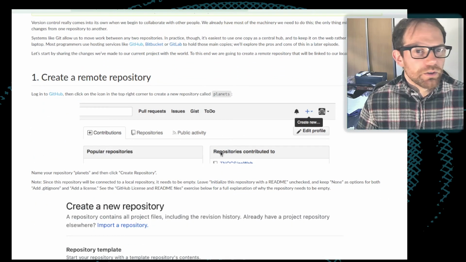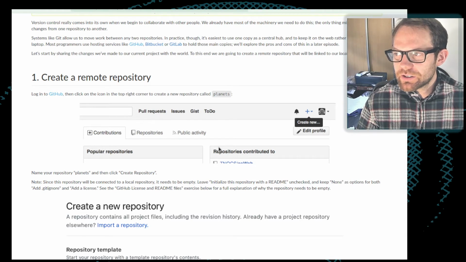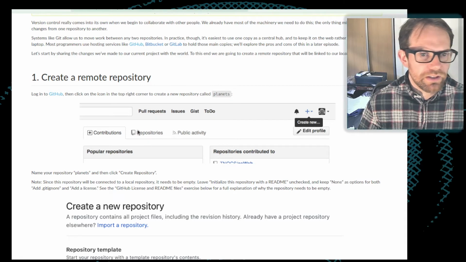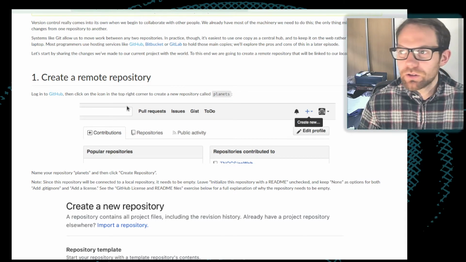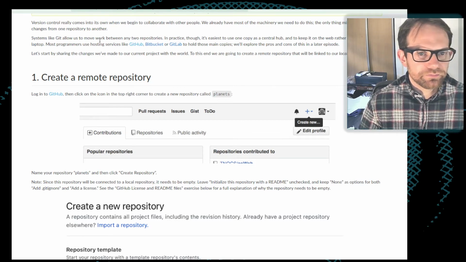Okay, so this is going to talk about how you go about setting up a GitHub repository. Don't worry if you don't have a GitHub account, you can come back and go over this yourself later on. I will demonstrate it this morning, and you can come back and work with it later.